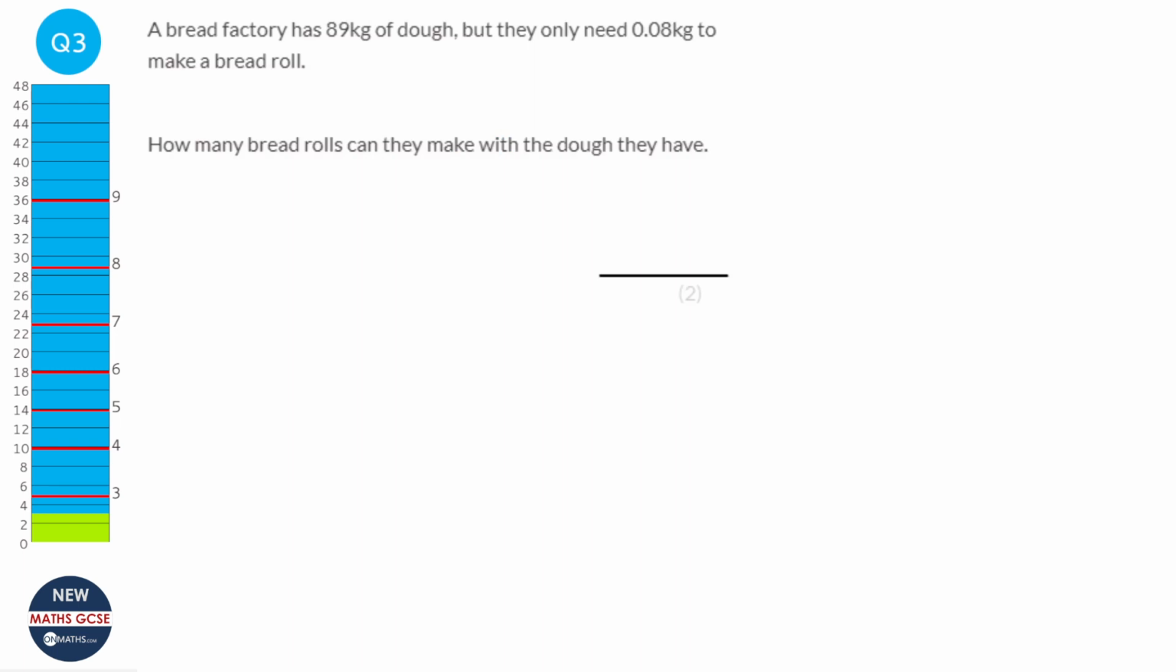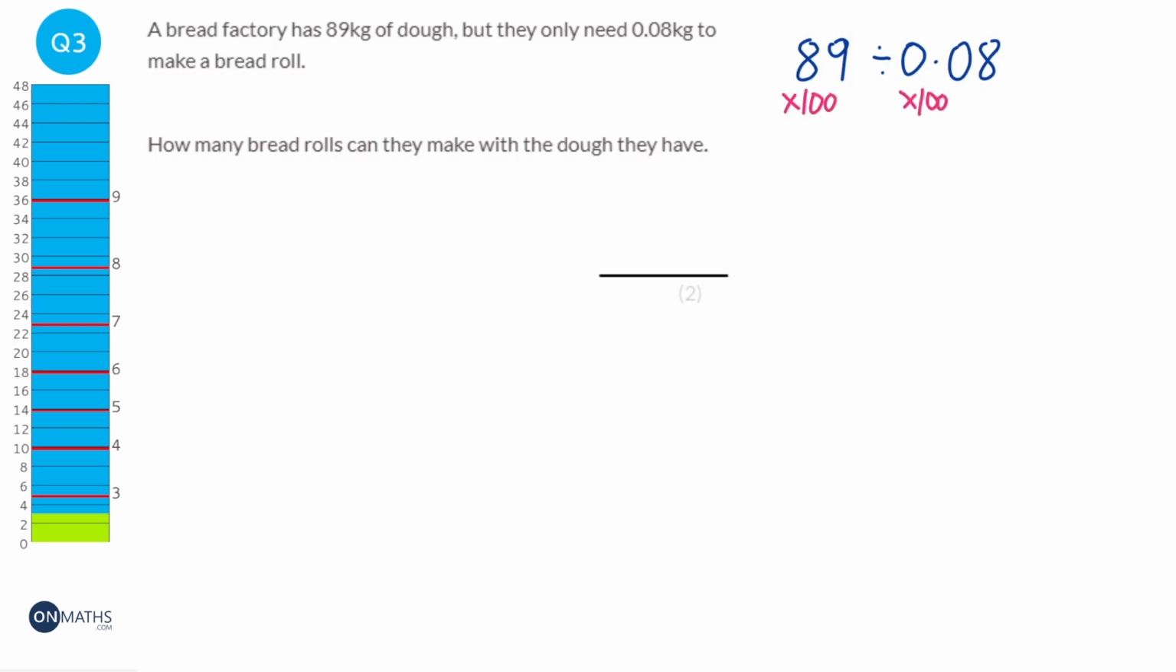So here we're asked to find how many bread rolls we can make. We've got 89 kilograms and it takes 0.08 kilograms to make a bread roll. Something we can do is convert these into grams, or we can just keep it at kilograms, but I've got a neat little trick. And the trick is, if you've got a decimal when you're dividing, as long as you do the same thing left and right, you can multiply them by 10 or 100. In this case, we're going to multiply both by 100